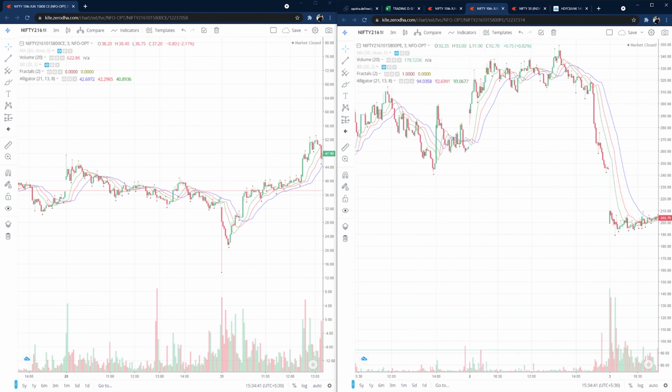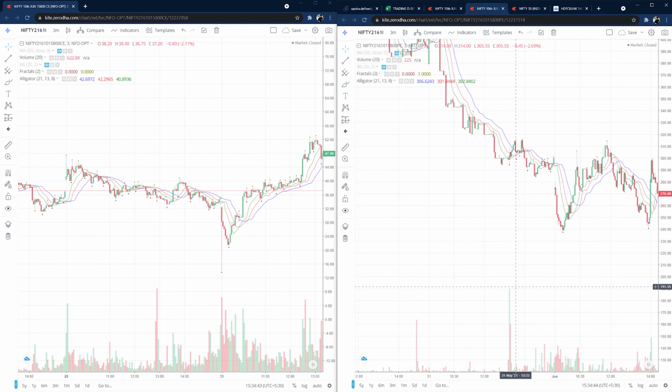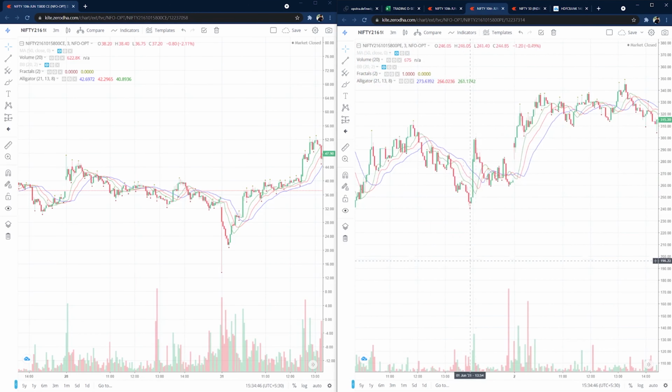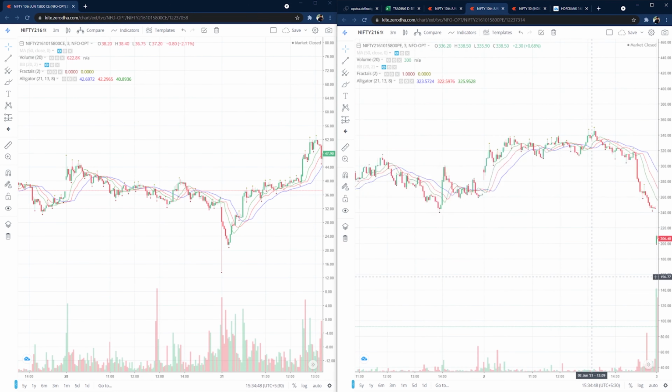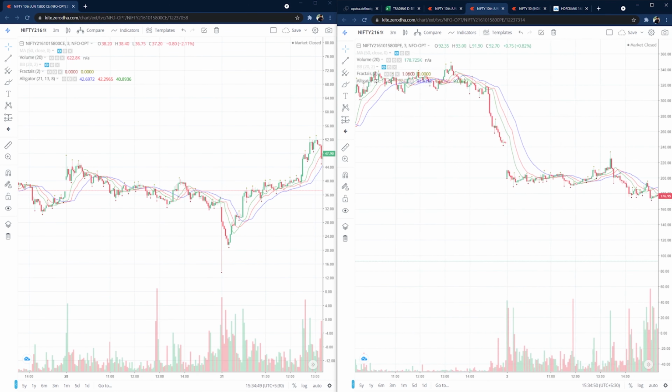Let's see for a different time frame. You would be able to find it, but you need to go through. Yeah, it's because it's the 15,800 call option. You won't find the previous graphs of the candle performing really good because it was out of the money at the time. Right now it's in the money. So at the money call and put option is what I have to look for.